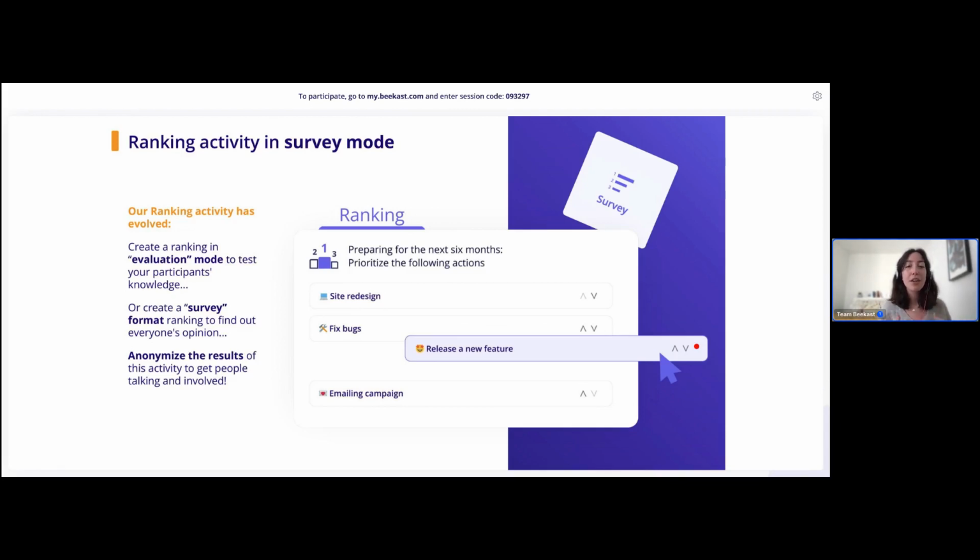And so before, a typical ranking activity would be, for example, rank these planets, put these planets back in the right order from smallest to biggest. And you would have to put, for example, Earth before another planet, and then you would have to find the smallest planet and put it last, and you would have to rank these planets in the right order from smallest to biggest. Now, with our new ranking activity in survey mode,